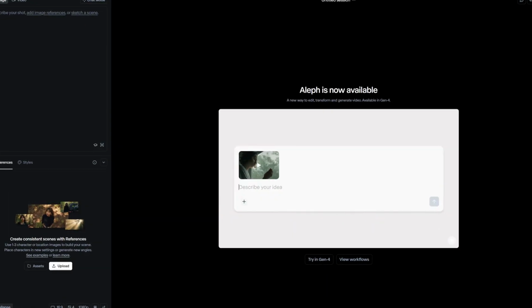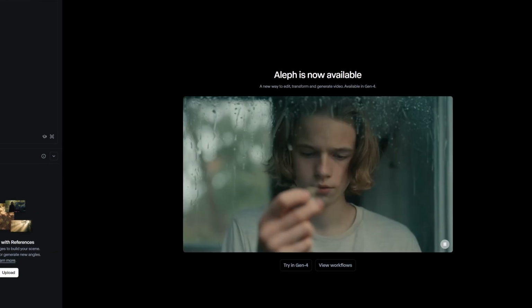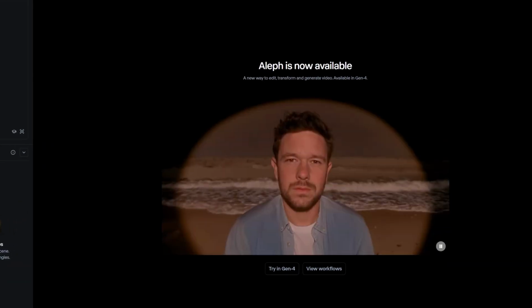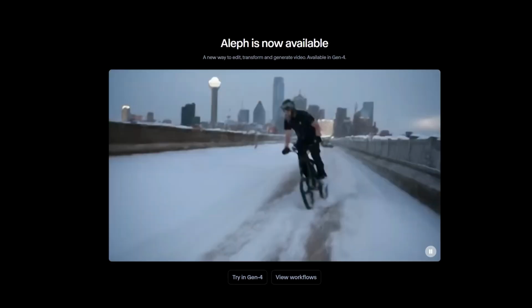Today we're diving into Runway ML, the AI video platform that's revolutionizing content creation in 2025. In this beginner's guide, you'll learn what Runway ML is, how to get started, and create your first AI-generated video